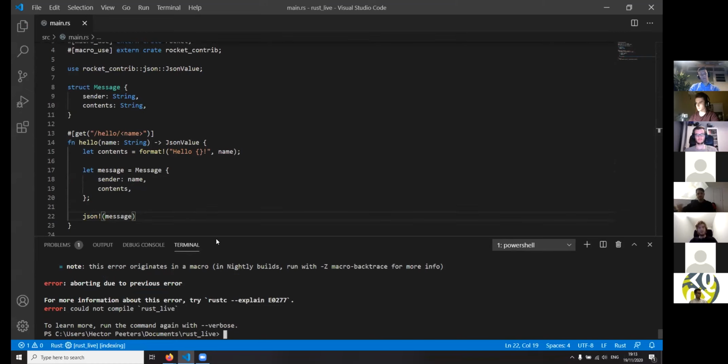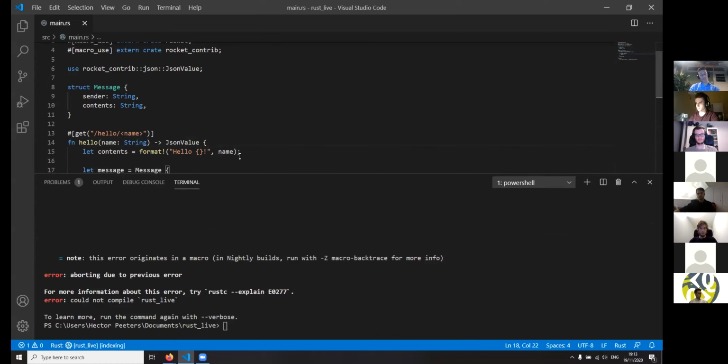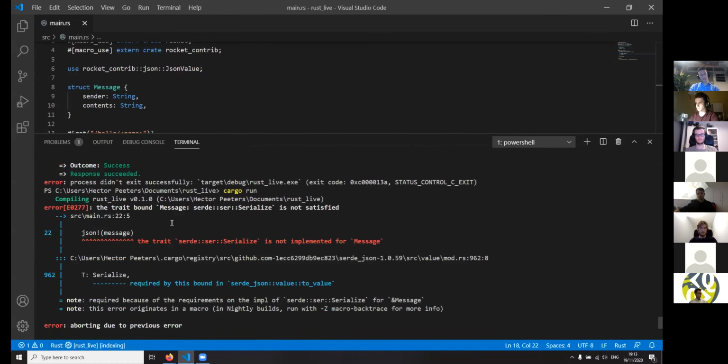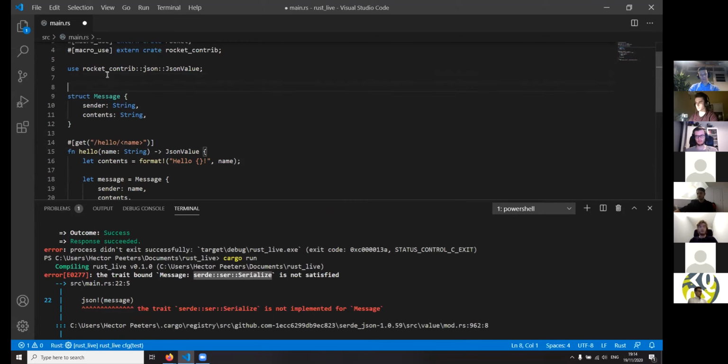And as you can see, there's still one more problem. Let's make this a bit bigger. Here, the trait bound Message: Serialize is not satisfied. So the trait Serialize is not implemented for Message. Well, for a message to be serializable, it has to implement the Serialize trait. While we could do that ourselves and manually serialize both fields, luckily there's a way to do it automatically and generate it at compile time.